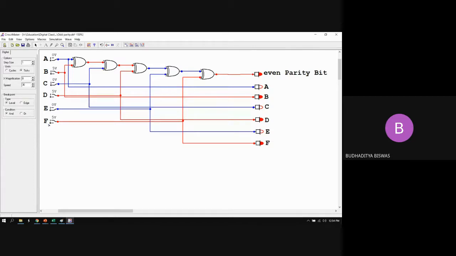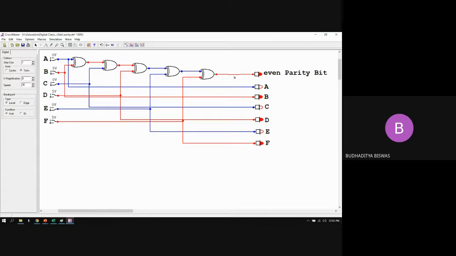And the receiving end station also detects that sometimes odd parity may come, sometimes even parity may come, so there is a problem. That's why we generate a circuit called the even parity generator. The output of the circuit is a single bit, called the parity bit, and it is transmitted along with the data to make the total number of 1s either even or odd according to the requirement.